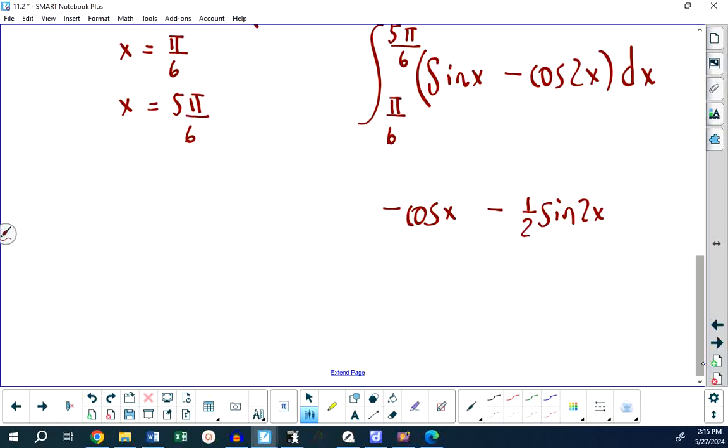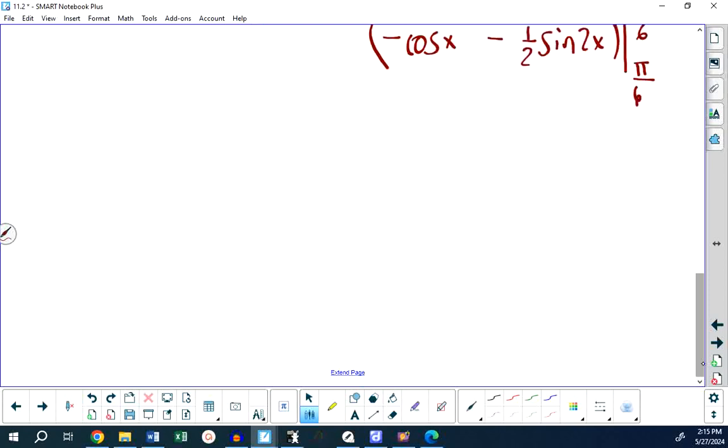Yes. And evaluate this from pi over 6 to 5 pi over 6. And I certainly don't mind doing that, but is that your concern? Okay, so let's finish the problem off. It does tend to pile up. There's a lot going on here. So I need to take,